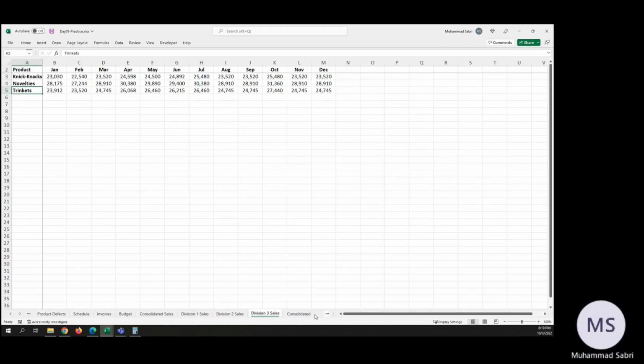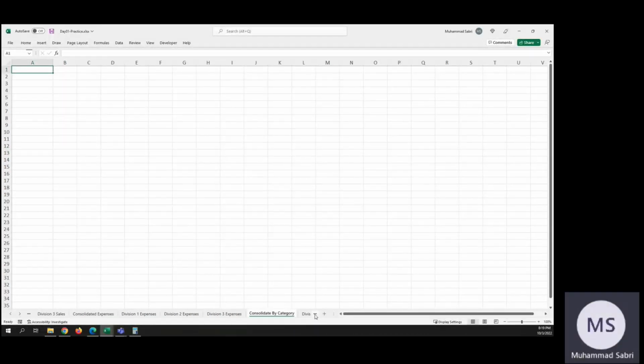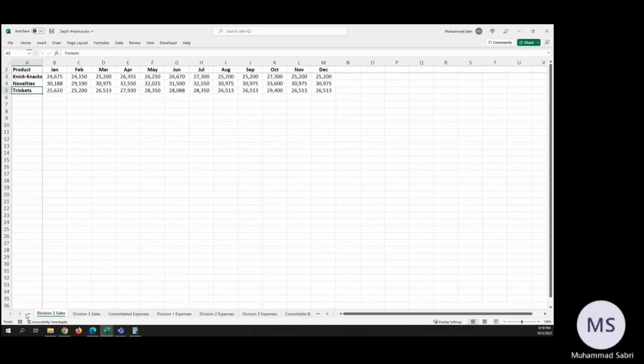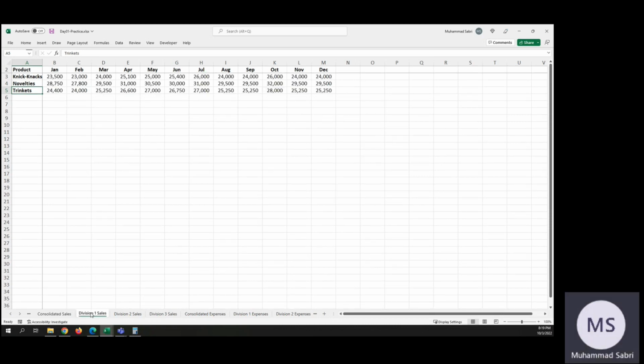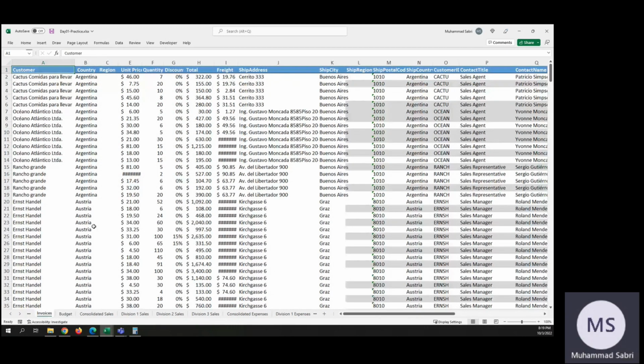So for example, see, there are a lot of tabs here. Consolidation, budgets. Okay, what was I looking for? I was looking for expenses. Sales, sorry, sales. Yeah. Okay, let me see. Yeah, this one, invoices. Okay, let's say you have this sheet which has the invoice, customer number, which country, region, unit price, and things like that. Okay, and then you want to make it a little more